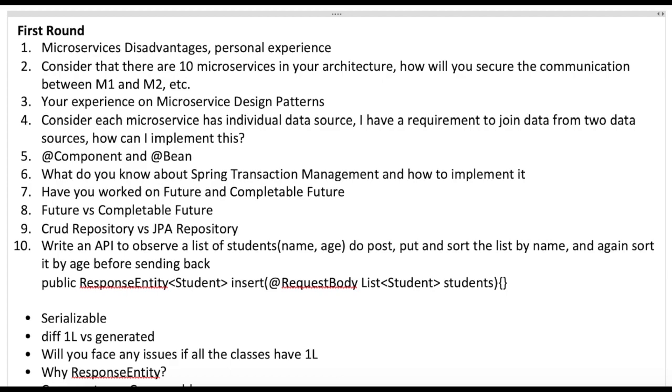Okay. So then the fifth question was, what is the difference between @Component and @Bean? I made a very detailed video on this in my Spring Boot lecture in one of the videos. Please take a look at that. I talked about the difference between @Component and @Bean, the importance of having @ResponseBody, and the importance of ResponseEntity. All these things I have talked a lot about, so that will give you an idea about this.